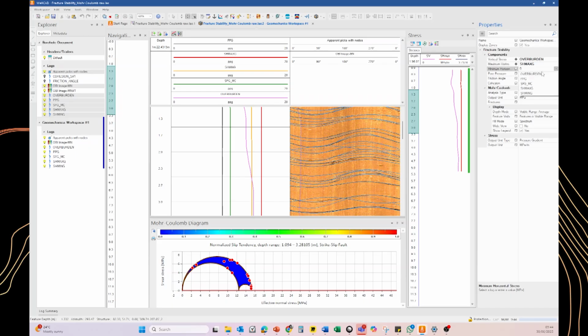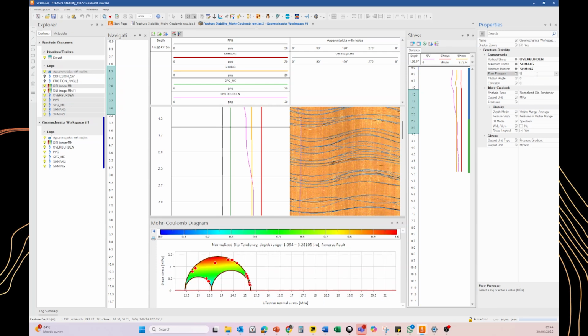We also need the minimum horizontal stress, SH min. We need the pore pressure, PPG, the friction angle and cohesion, which we can add later manually. In the Properties bar, we also have the Mohr-Coulomb display options that we will show you in a minute.